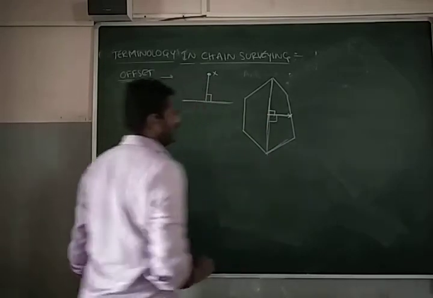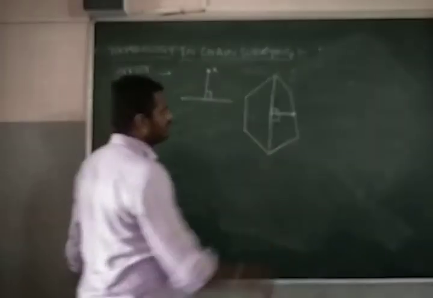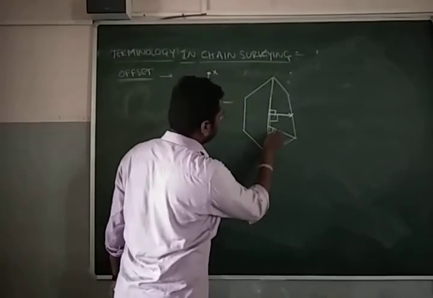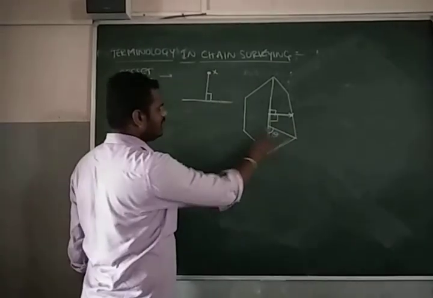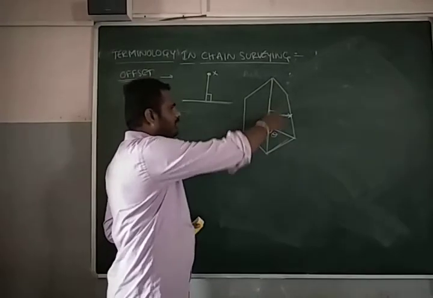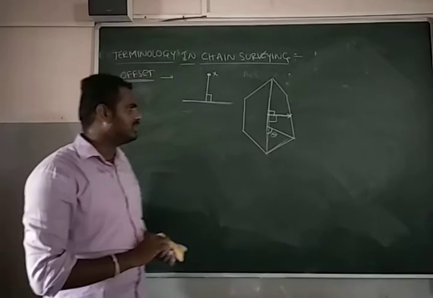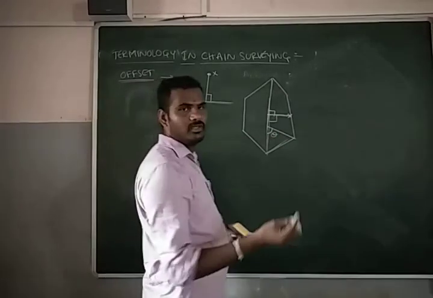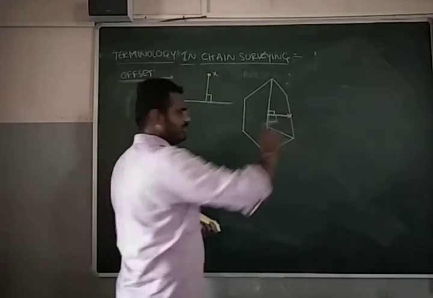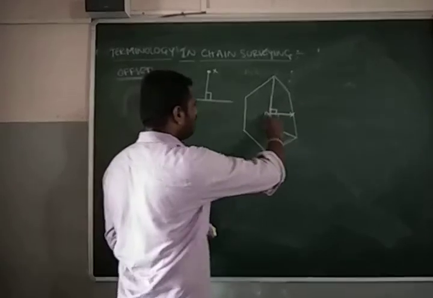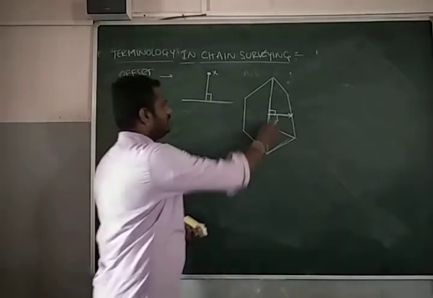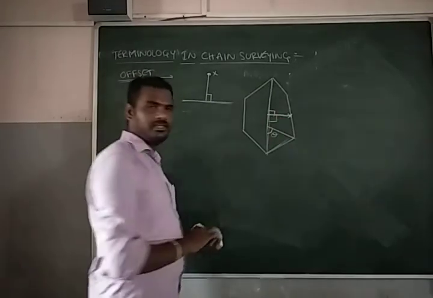We call this a perpendicular offset. Likewise, from here you may take the offset like this with an angle other than 90 degrees. You can call this an oblique offset. So this is how we have two different offsets, perpendicular offset and oblique offset. This is really very important to connect the baseline, subsidiary stations or main stations mutually. And how to put this offset, you know very well. By using cross staffs, different types of cross staffs, you can set out these two different types of offsets.